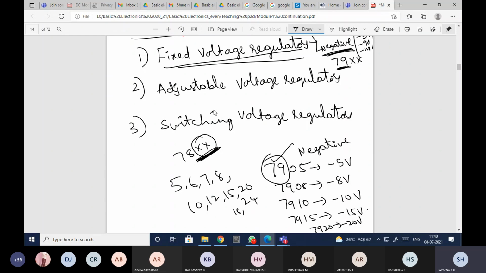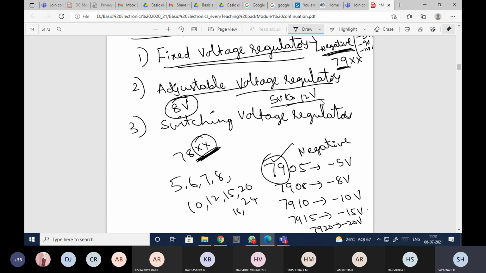Coming to the adjustable voltage regulators, see what this voltage regulator will do: it may provide in the range of 5 volts to 12 volts, so you can adjust. Okay, so this voltage regulator, again, is nothing but an IC only. The rating will be given like 5 volts to 12 volts. It means that if you want to set 8 volts, you can set 8 volts also by adjusting the